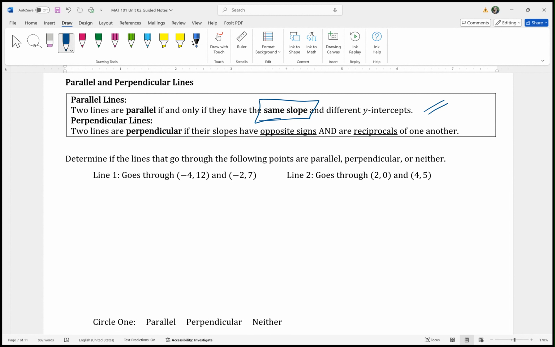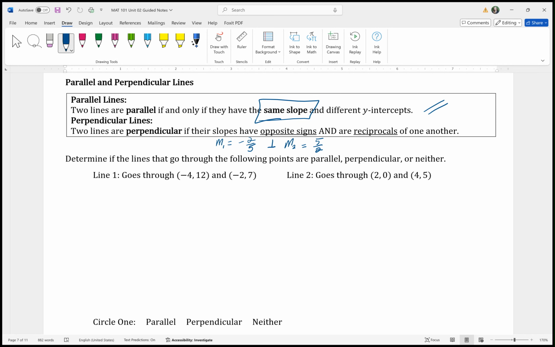So, opposite signs, obviously, one's negative, one's positive. But reciprocal means flip over. So let me do a quick example. Let's say the first slope, M1, is negative 2/5. Then your perpendicular slope, M2, is going to be, change the sign, so this goes from negative to positive, and flip it over. 2/5 would be 5/2. Okay? Does that make sense? So if you see a slope that's negative 2/5 and another slope that's 5/2, those two